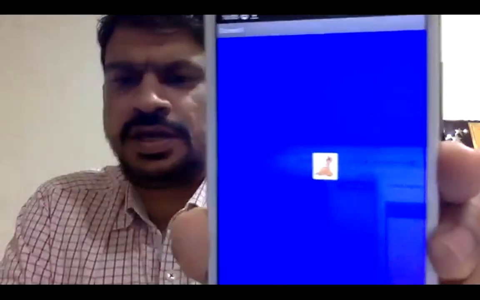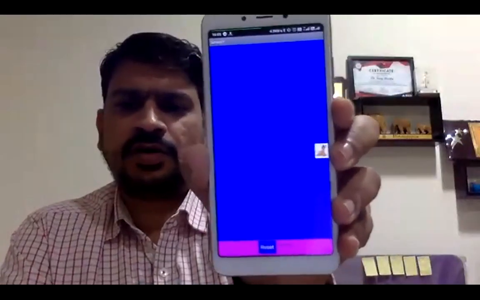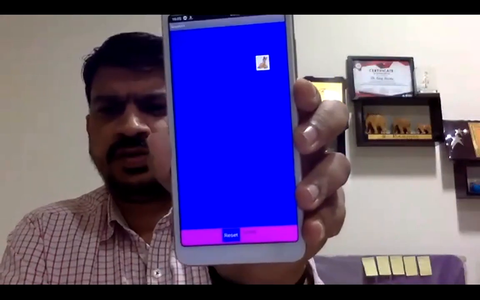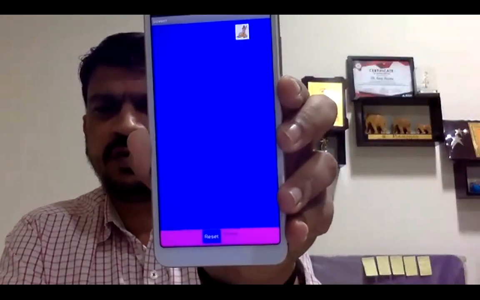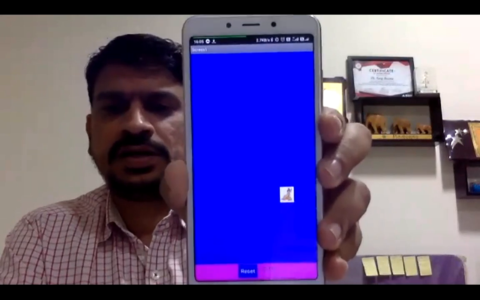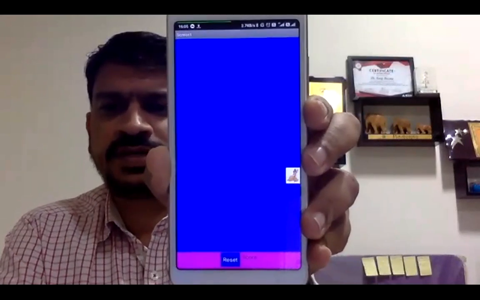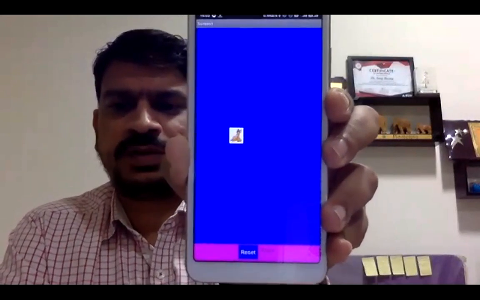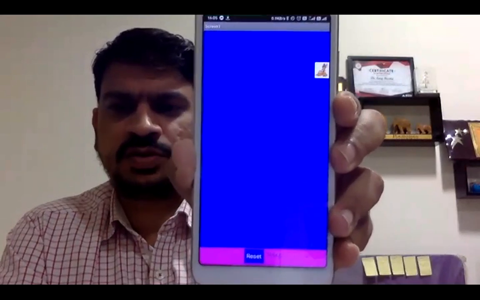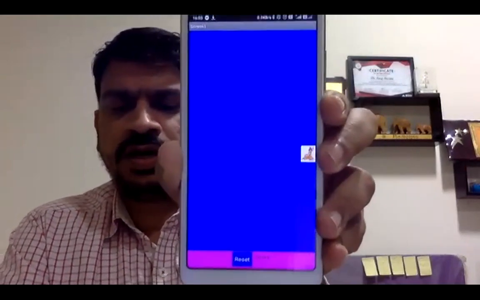As you can see, I have already downloaded it, right? And you can see that the image is moving around my screen. My score is nothing, right? It is showing a score. Now I'll try to play it.